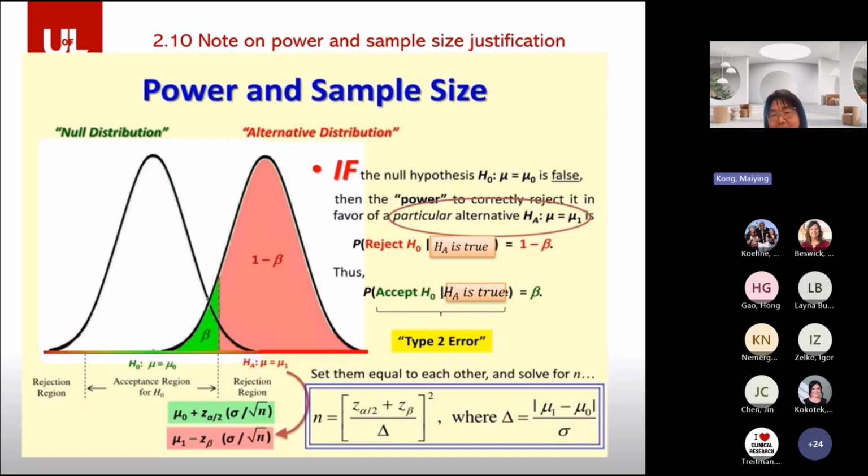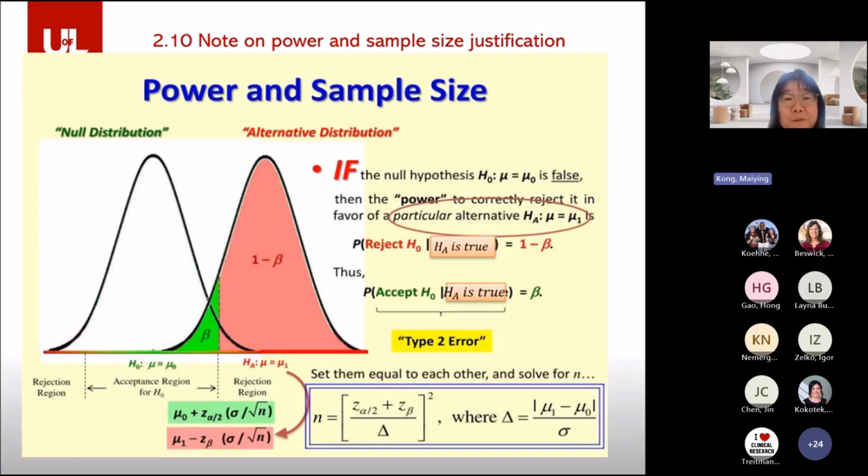Then another thing is the variation of the measurement. We recommend collecting some preliminary data or getting some information on these values from the literature, so that the sample size